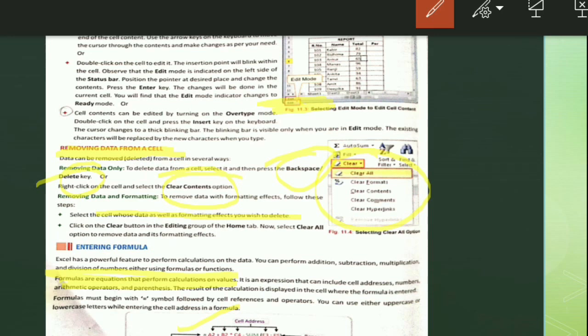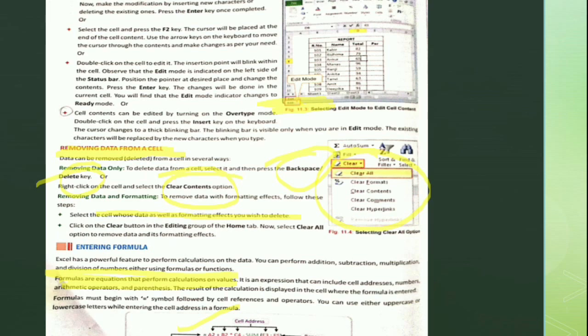E3 to E5 is a particular range. If we see E3 and E5 separately, they are addresses, and when we put them like E3 to E5 with the help of the colon sign, it becomes a range. And this SUM, highlighted in green color, is the name of the function. So this is the way formulas are entered in a cell.